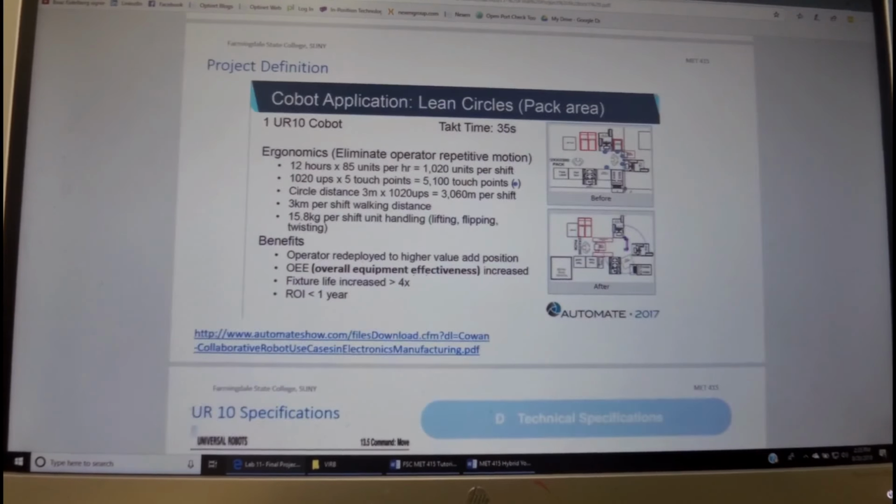The example of the project that we'll be doing is taken from a real case which was presented by a company in Automate 2017. Here is a situation where we have an operator which does testing, another human operator, which feeds a set of machines.